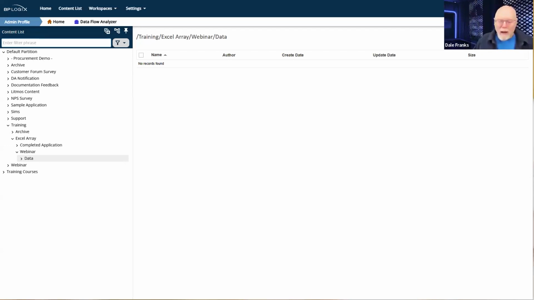As long as you have access to that network folder from your computer, you can push that data to Process Director in a couple of ways, as we're going to talk about today. So let me go ahead and share my screen and we will start getting into the details of how all of this works. I suppose we should start off with the data.